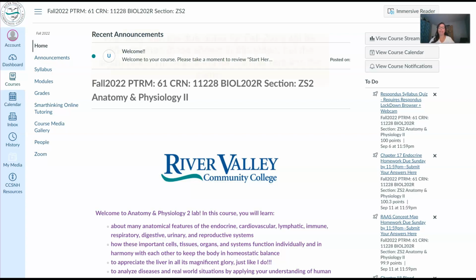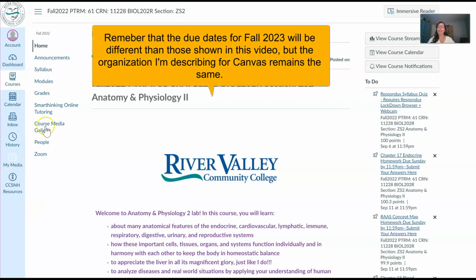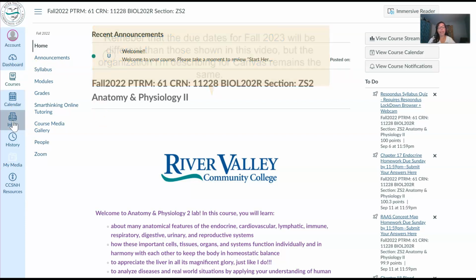Okay, so here's Canvas. I got here from my dashboard. Don't forget to check your inbox. You can email me, I can email you through that inbox. There's also a Canvas calendar here that will show you when you have things due for your classes. You can also see that here in the to-do list, and you can also see it on the syllabus page